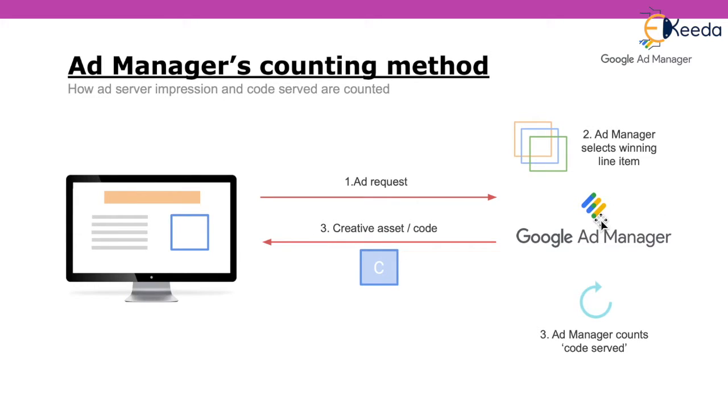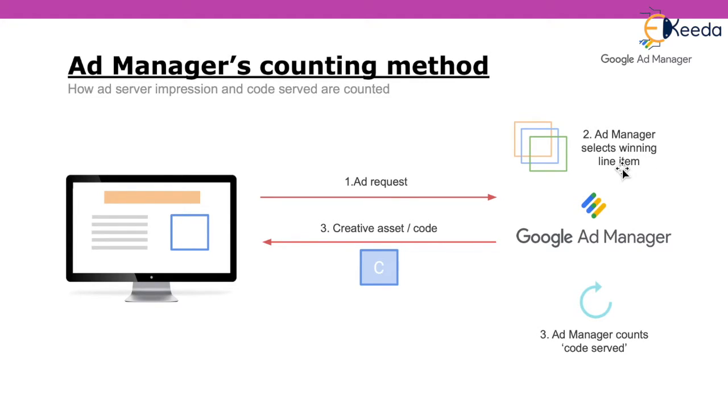What does Google Ad Manager do once it receives the request? Google Ad Manager identifies the ad request coming from the GPT tags implemented in the source code of the page. Then it runs an ad selection process in the background and selects the winning line item. In Ad Manager there could be hundreds of orders, thousands of line items and thousands of creatives, but it is Ad Manager's responsibility to show the best line item to the user. This is why we conduct an ad selection process in the background.